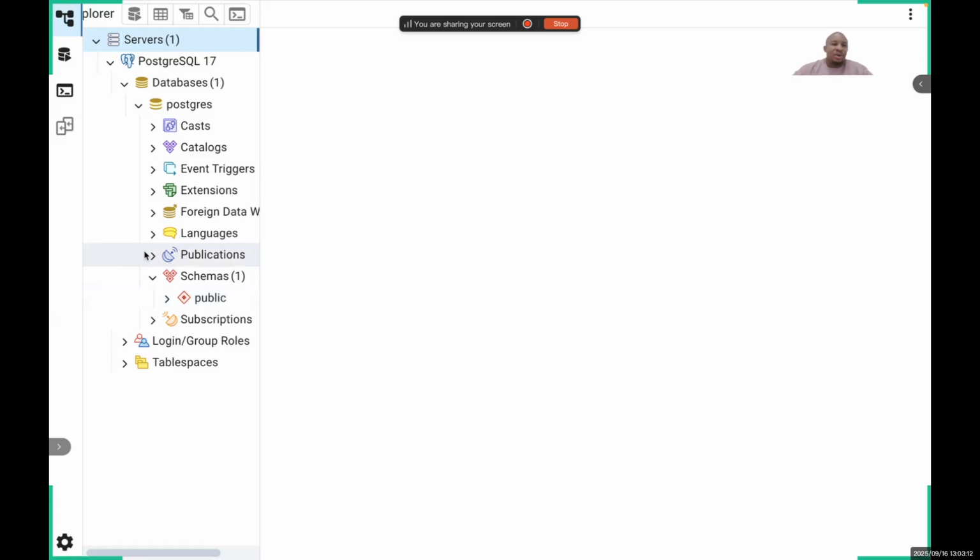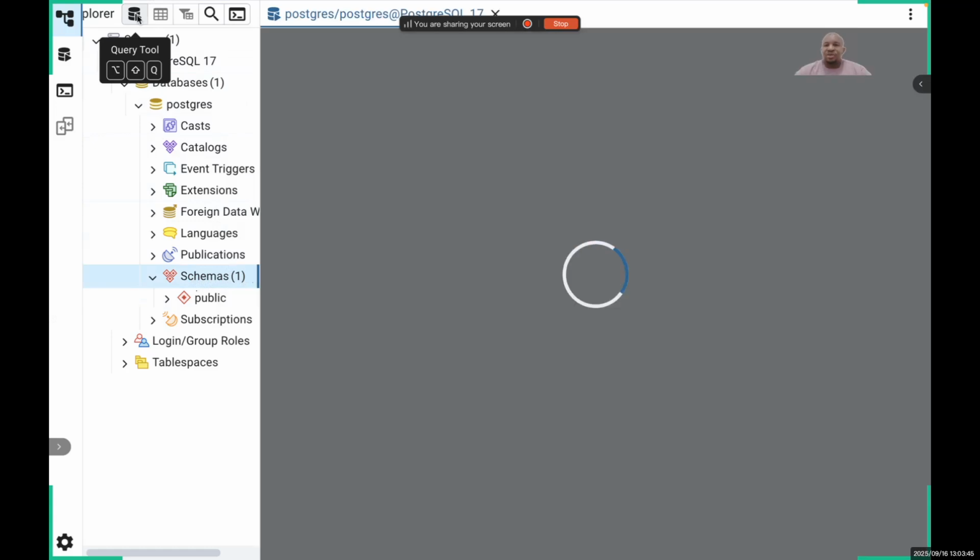Okay, but before we can do anything, we have to select the schema. And then once you select the schema, you realize that this query tool becomes active. Without selecting the schema, the query tool is inactive. So you can see that the query tool is inactive, and you have to select your schema before you can get your query tool active. So once that is done, then let's get a query tool here. So I'm going to click, and it's going to open